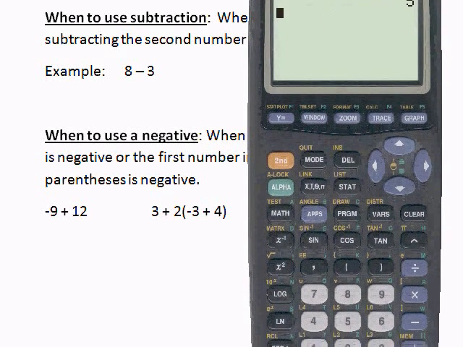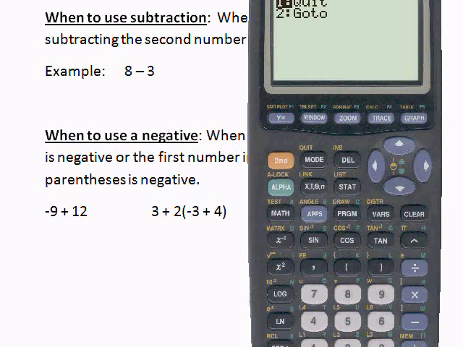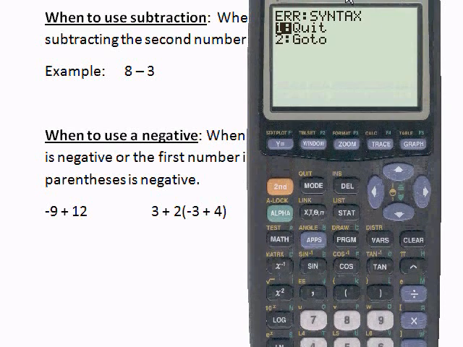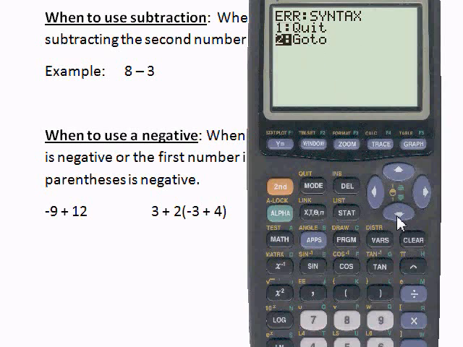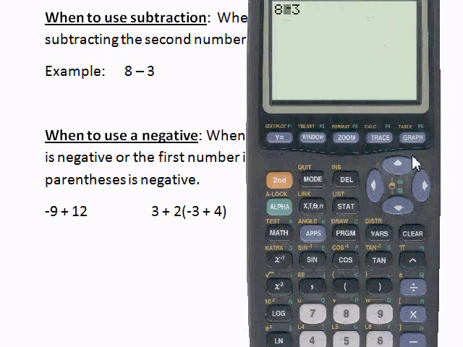Suppose you use the button incorrectly. You go 8, negative 3, press enter. Notice the calculator gives you an error. It says error syntax. Syntax is the way you put it in. You have two options, quit or go to. If we press the down arrow button and press enter on go to, you'll notice it shows that we typed in a negative and not a minus sign. So what I have to do is change that to a minus and press enter, and we notice we get